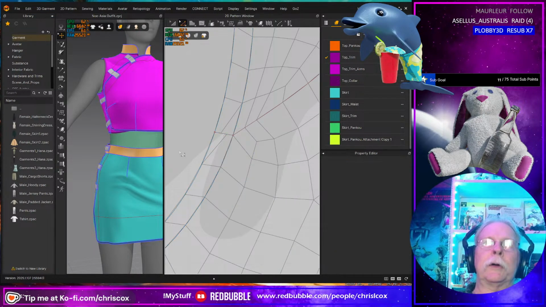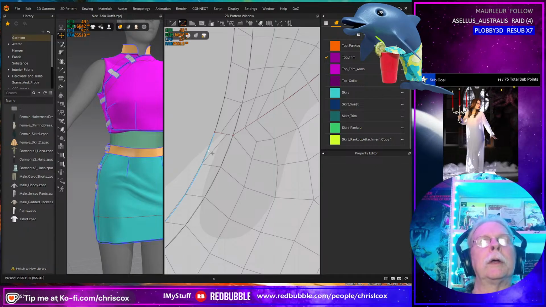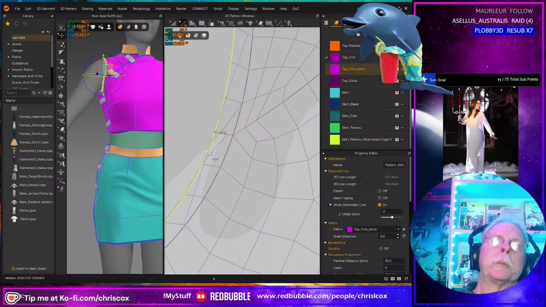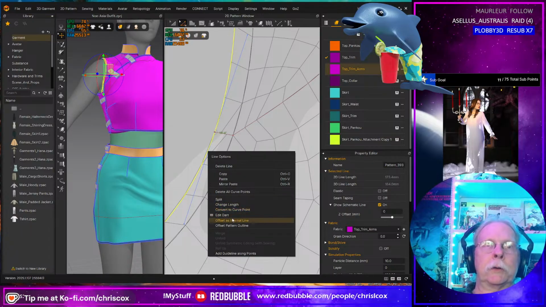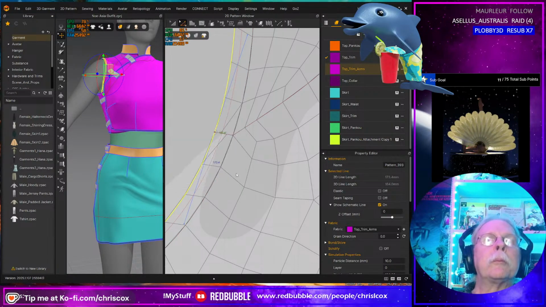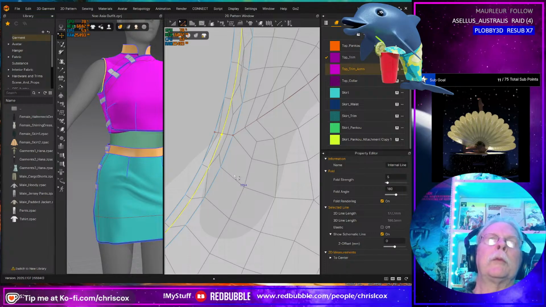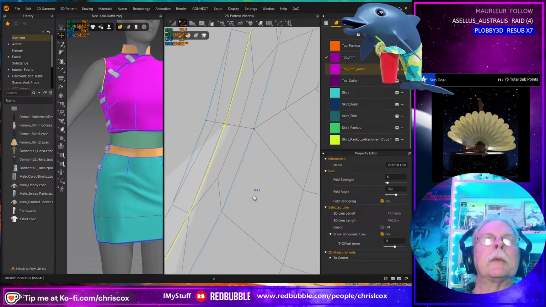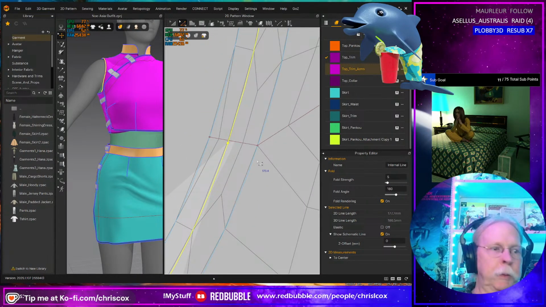Extend to pattern outline. Did that do anything? Nope. Offset as an internal line. Nope, it's not. It's Major League unhappy.